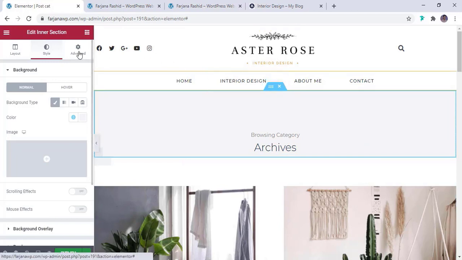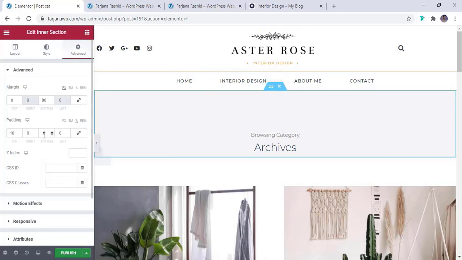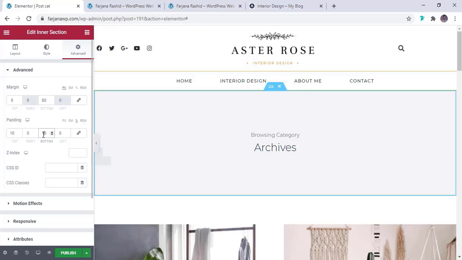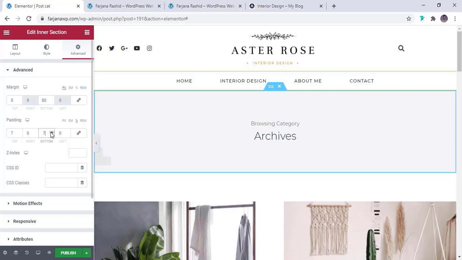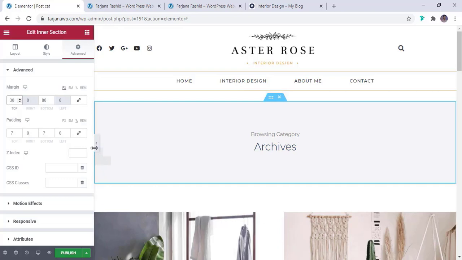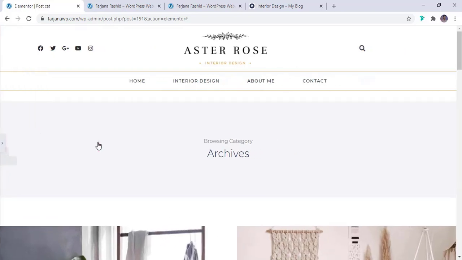So going to the advanced tab, and for the bottom area we can add the same as top like this, or we can make it 7 and the same in the bottom. And in the top we can add some margin. So here, for the top we can add 30 pixels, and if we now check the full width,